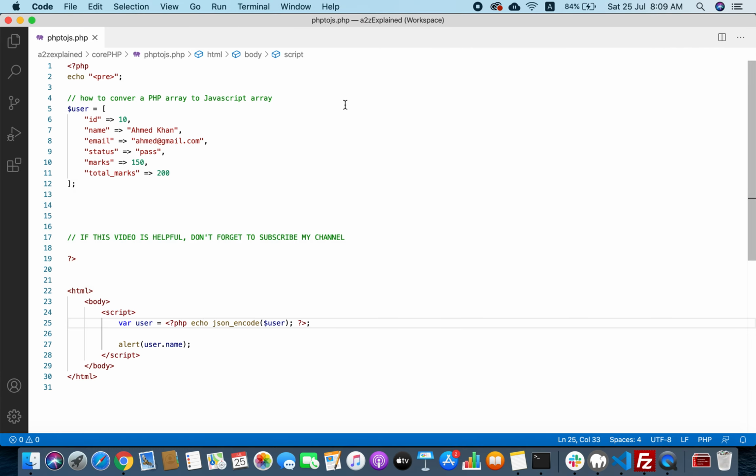So if we look back to our PHP code, here we had a PHP array. It cannot be printed as a string, and it cannot be passed as an array to a JavaScript variable. So to pass this PHP array to JavaScript, we need to first convert it into some string based format. JSON is the best format to convert a PHP array into JavaScript array. So for that we use the json_encode